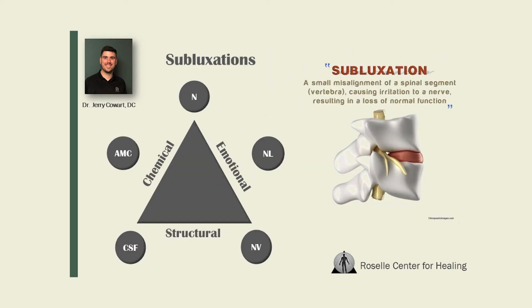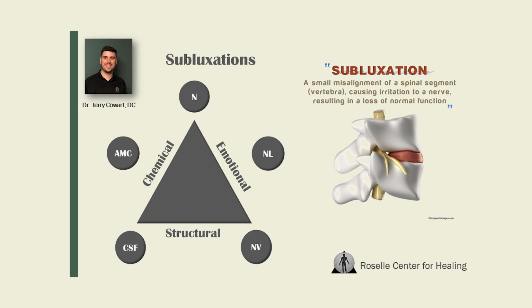So another reason, and a pretty common reason why someone can get sciatica, is due to subluxation. We brought back the triad of health and the 5 factors diagram here, because when we're looking at the triad of health and the 5 factors, any disruption in any one of those sides of the triangle, or a combination of the 3, can cause a subluxation. Now, what is a subluxation?